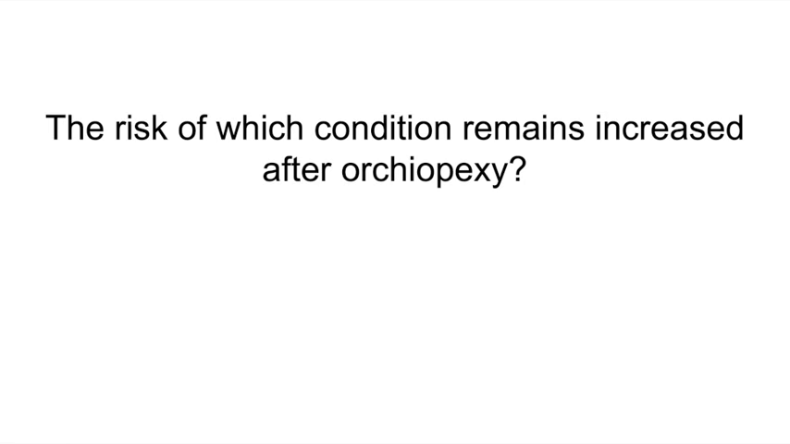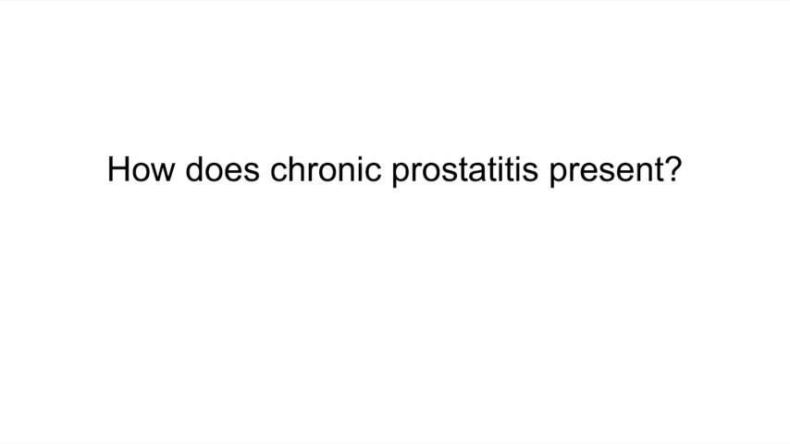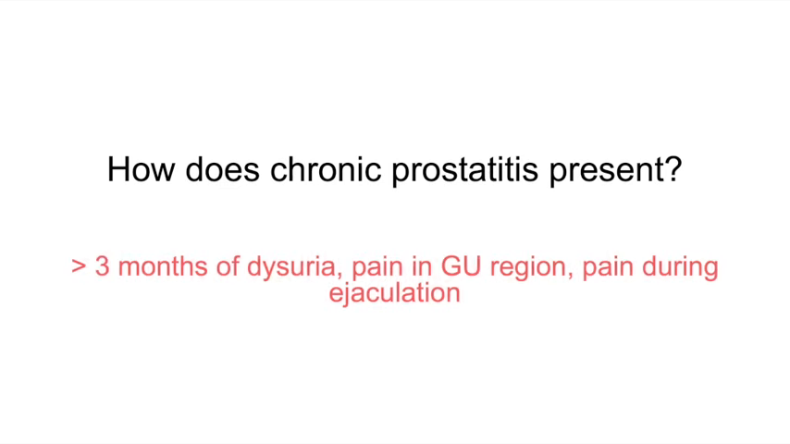Malignancy. So it's important to note that relative to the population without a history of cryptorchidism, patients with cryptorchidism do have an increased risk of malignancy. How does chronic prostatitis present? Well, the patient will more than likely be experiencing dysuria for more than 3 months, pain in the genitourinary region,